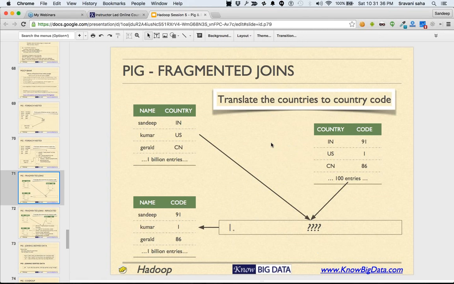All right. Good, good. So moving on to the example we were talking about. Say you have got two data sets, one containing a billion entries, other containing small entries, and we are trying to join them. Imagine we want to translate the country name from the country code to ISD code. Say for example, we want to convert IN into 91, US into +1, and CN into 86. Now, when you join these two data sets,